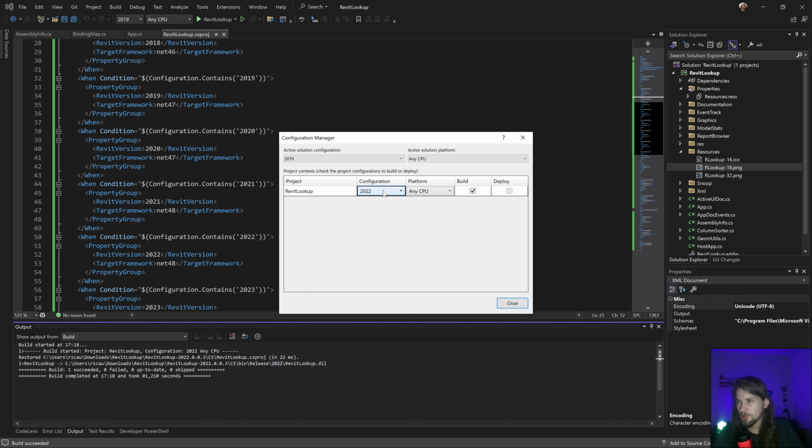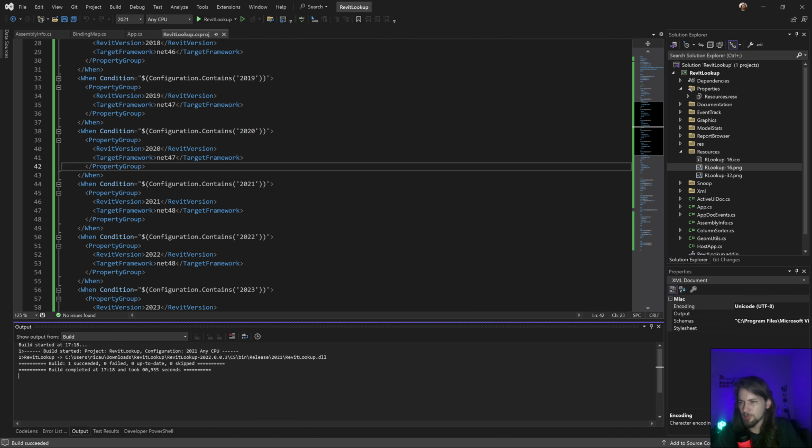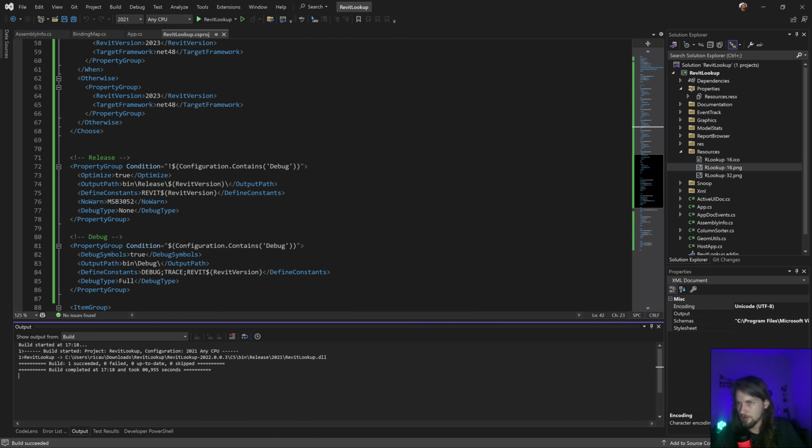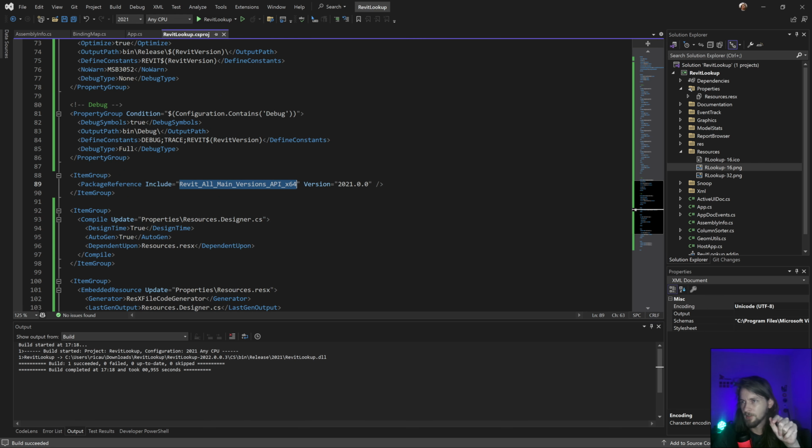Actually, this is wrong. Let's check if everything is right. Yes, makes sense. So let's go in this. Let's build in the version 21. Great. Another thing that I can add as well here that I forgot, I could add that configuration here to